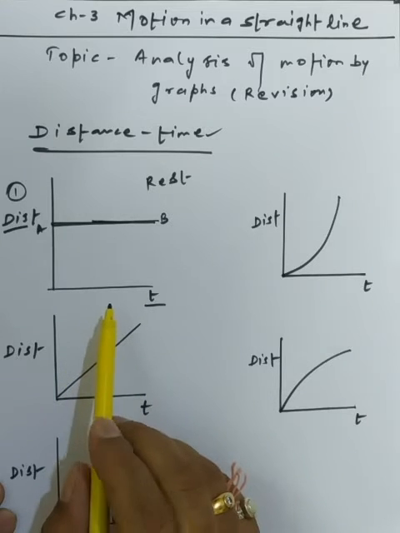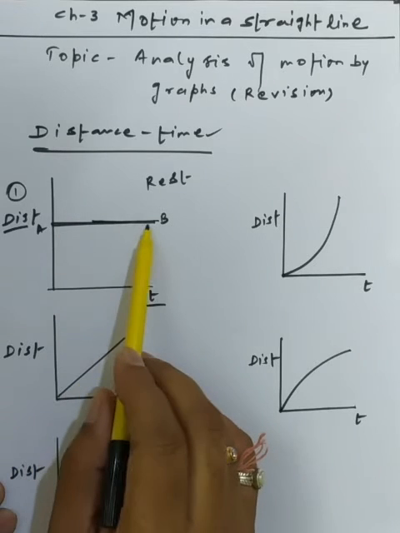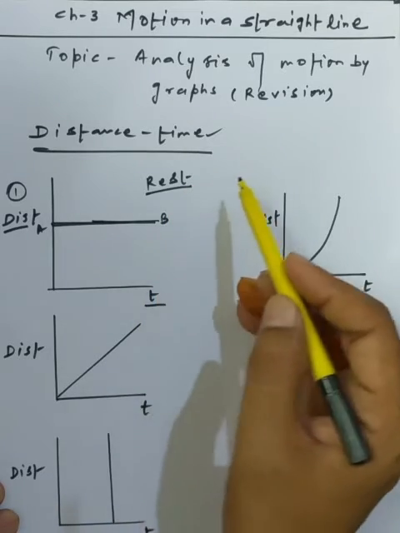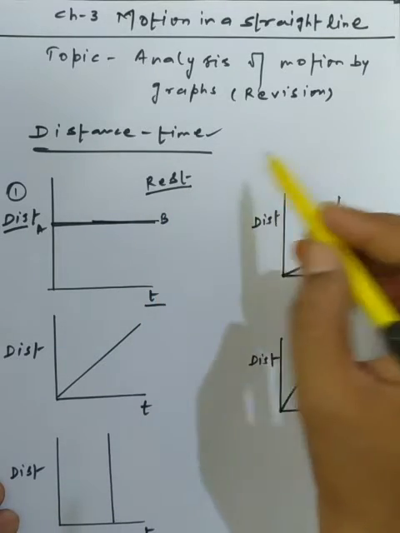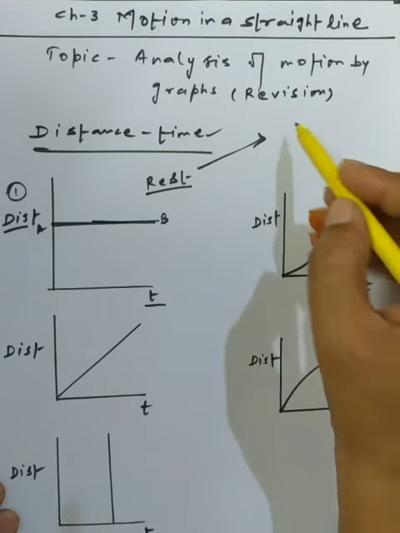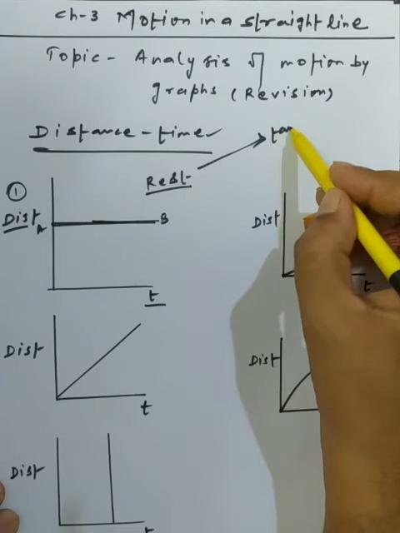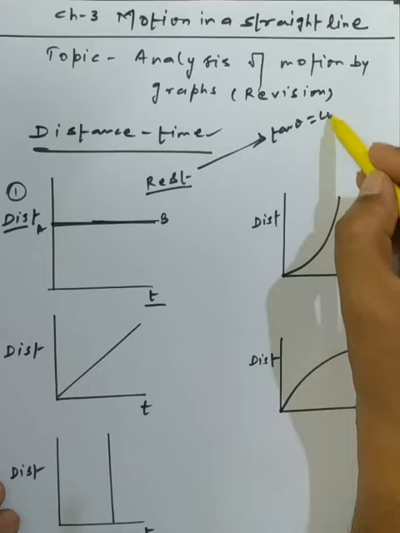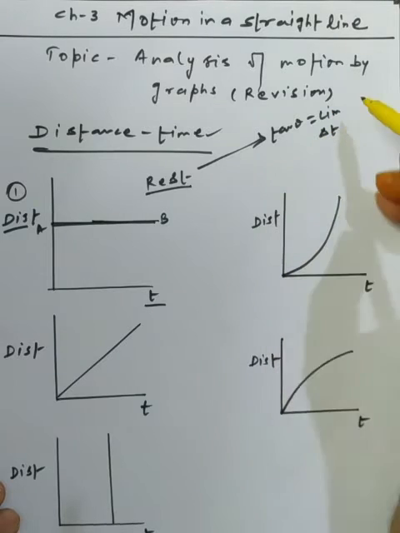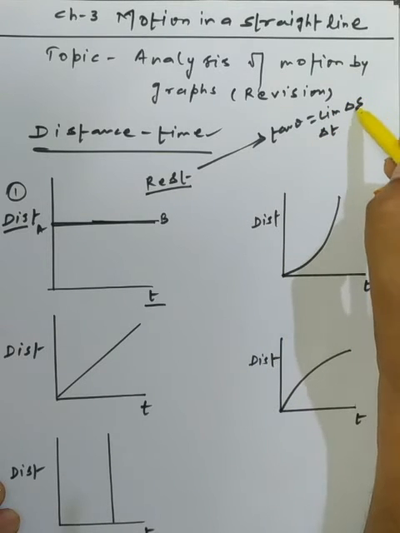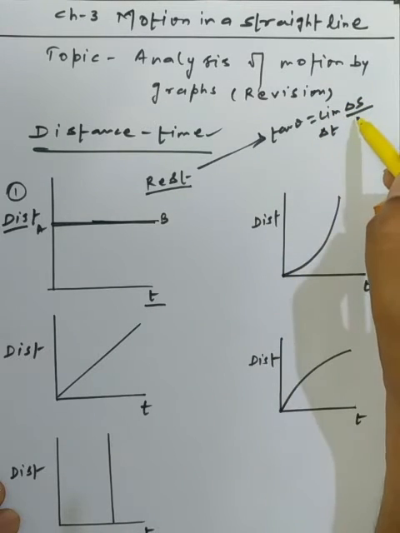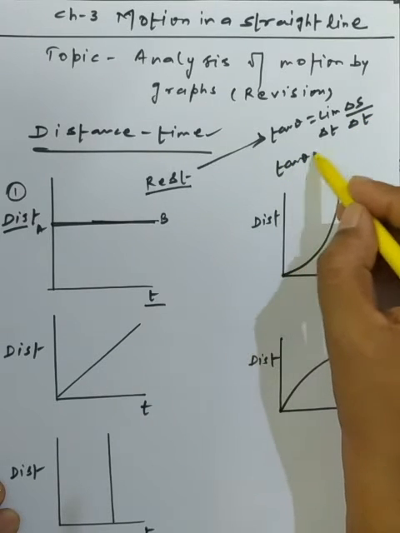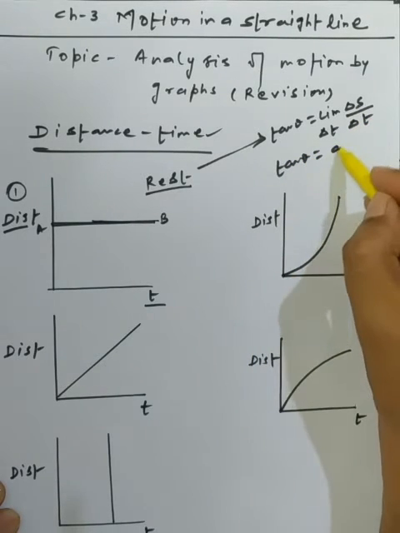So here we know that there is no change of distance, so the object is at rest. And the slope of the graph here is 0. How can we say that? tan theta is equal to the limit of delta t tends to 0, where we are making a small change in the distance with respect to time. So the slope of the graph, tan theta, is equal to dy by dt